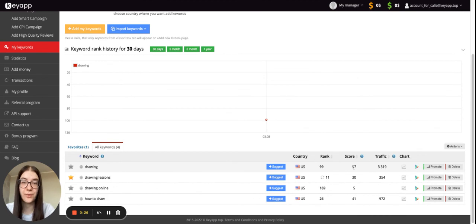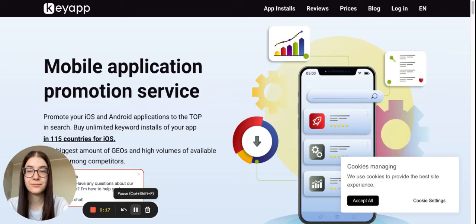And of course, these scores may be different for different regions, as the keywords have different popularity in different countries. So in this video, we have discussed some tools which can help you to get the keywords for your app and proceed with keyword